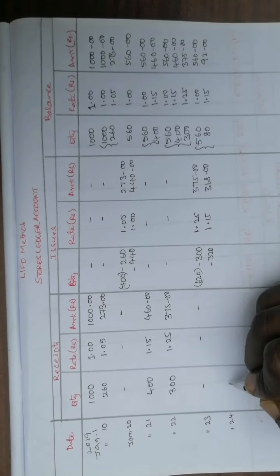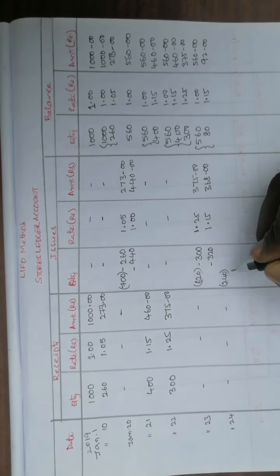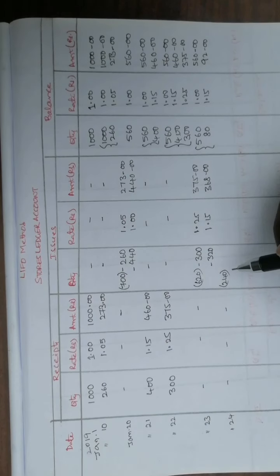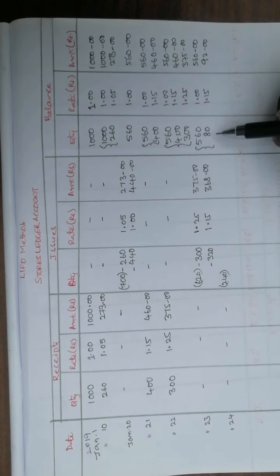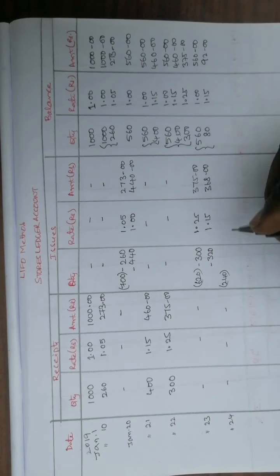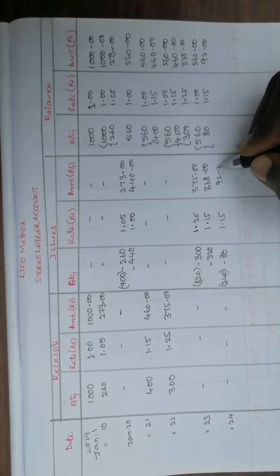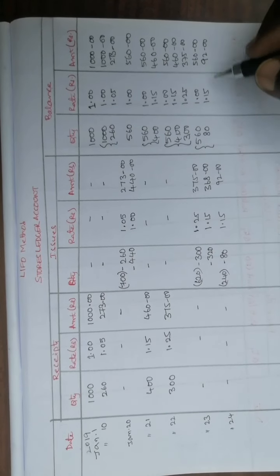On January 24th again there is a transaction, but very interestingly the 24th transaction is also related to issue of material. So on 24th January, issue of material is 240 units. You write 240 down here in brackets, just for understanding, so that you will know how many units are issued on this day. But these units you have to show in split form, based on the material available here and the price also. So out of 240 take the first 80 units as it is, at the rate of 1 rupee 15 paisa, 92 rupees is the value, this total line.